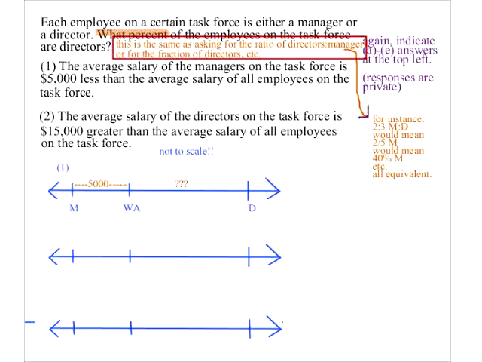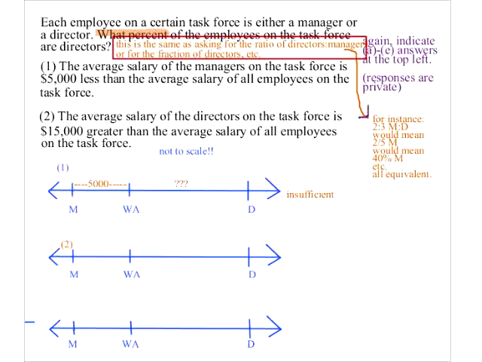Okay. Notice that directors does have to be more, because it's impossible for both of them to be less. So there you go. That's insufficient because we don't know what this ratio is going to be. If we know this ratio, then we know the quantity ratio, but if we don't, then we don't. In statement 2,